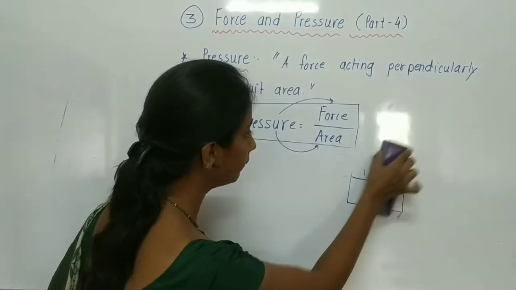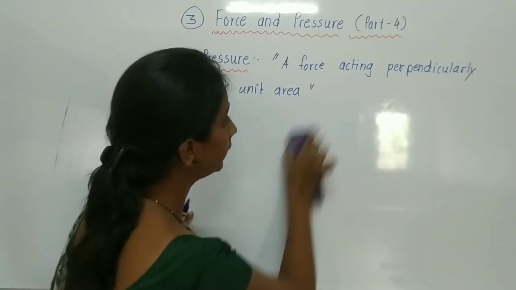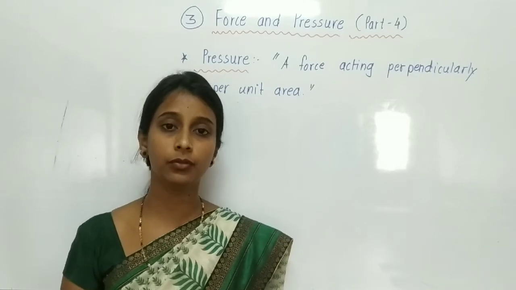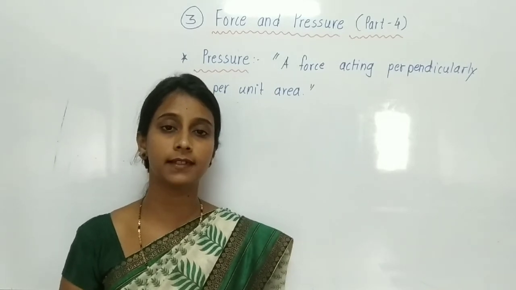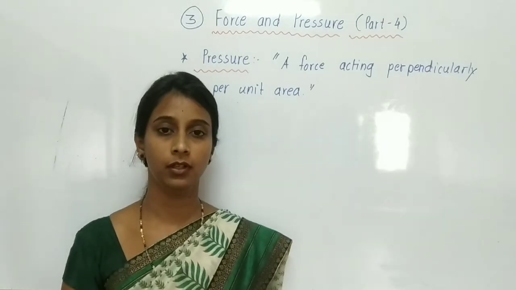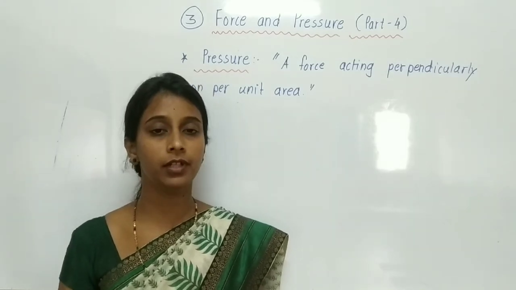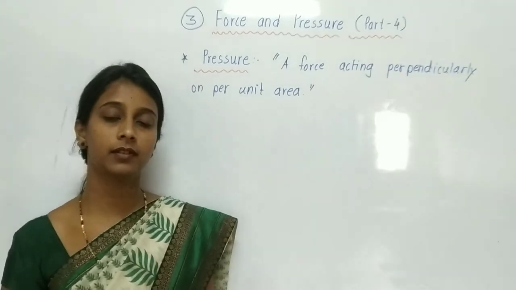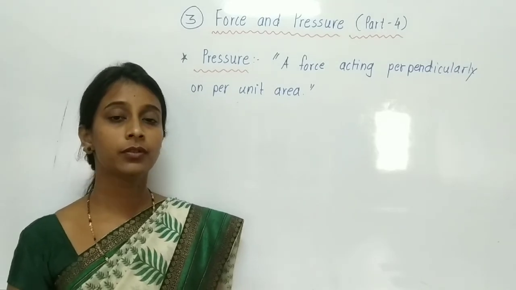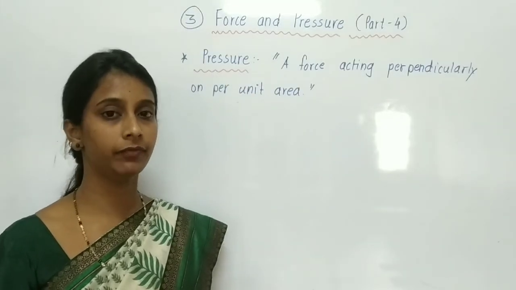We know that different things are present around us. So many things are present around us, and these are mainly classified according to their states into solids, liquids and gases. All of these exert pressure: solids exert pressure, liquids also exert pressure, and gases, the atmosphere, air, also exert pressure. So our next point is the effect of pressure by solids, by liquids and by gases.